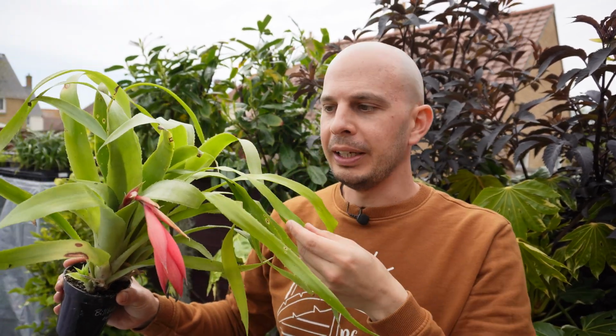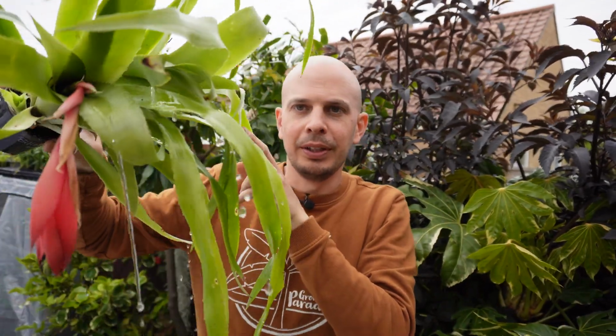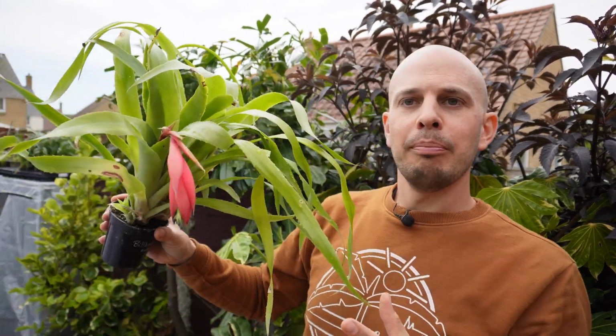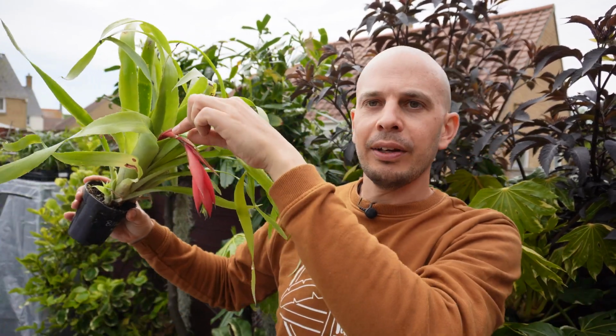This one is Nutans, but there is a windy eye hybrid as well. They're very, very similar. One's just got a narrower leaf. They've got these thick green rosettes that catch rainwater in the middle. There you go, quite a lot of rainwater. That's how they'll grow. And you can mount these to trees in your garden, and they send out these flower